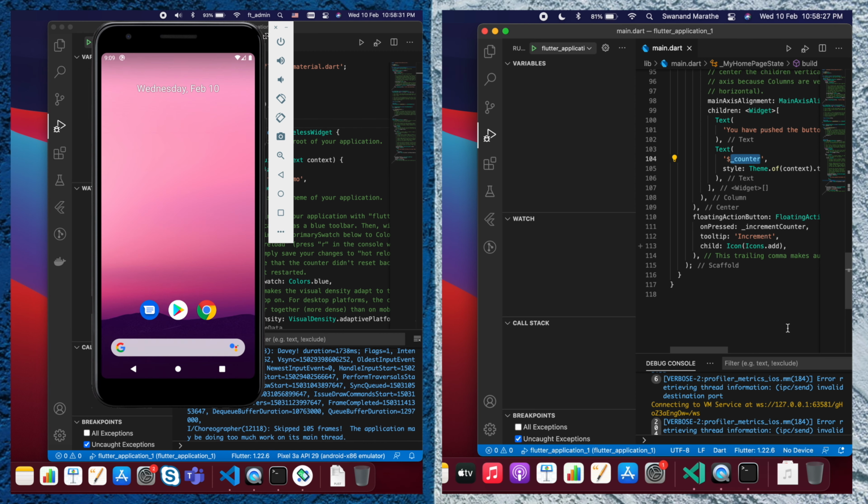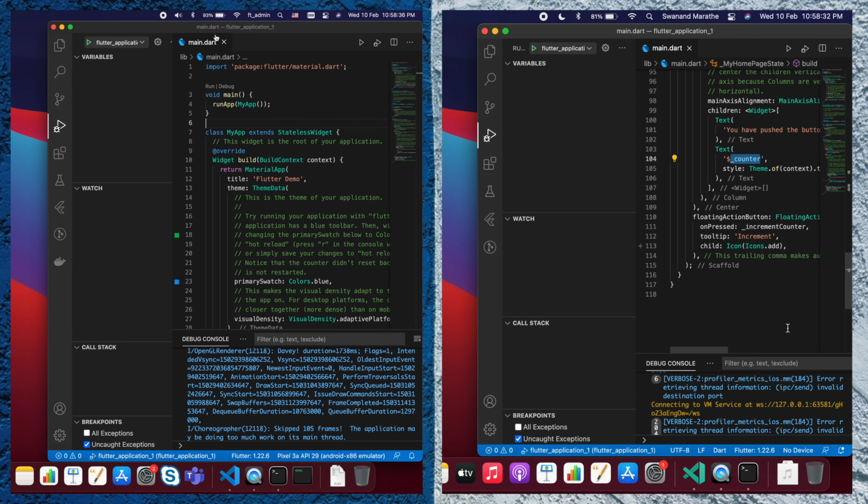So we can do one thing, we can try to close the emulator first, and we can connect a real device on the M1 chip and check whether we are able to run the app on the real device or not.